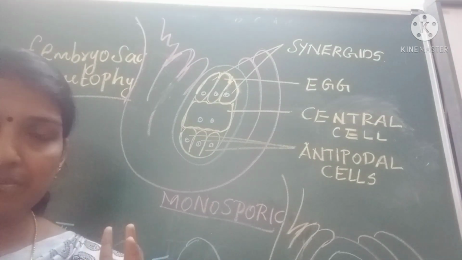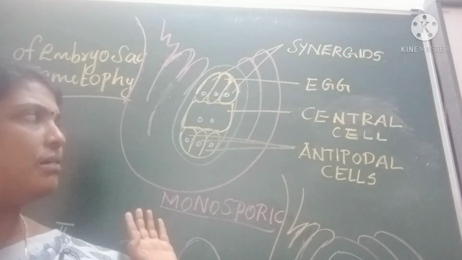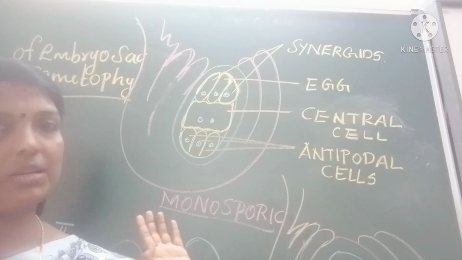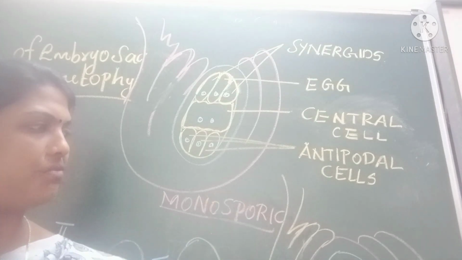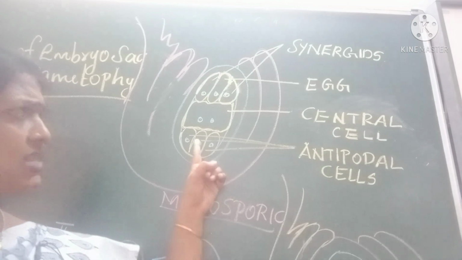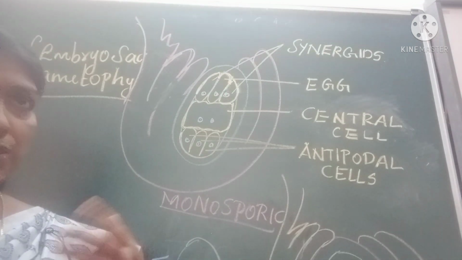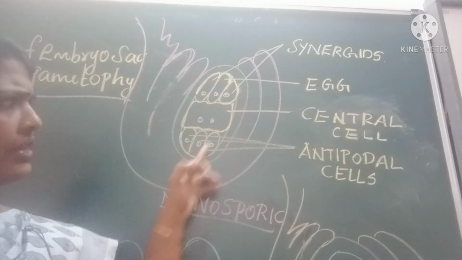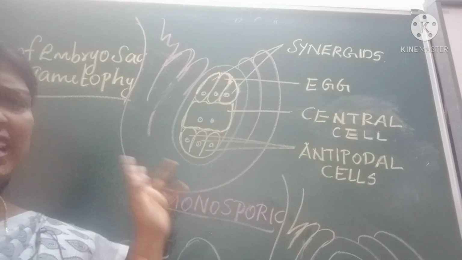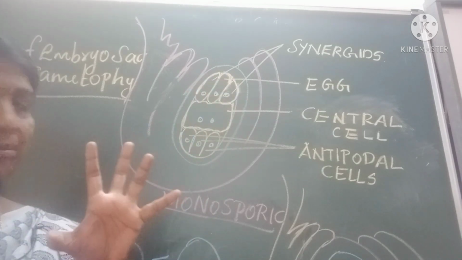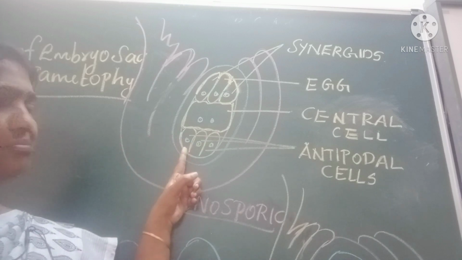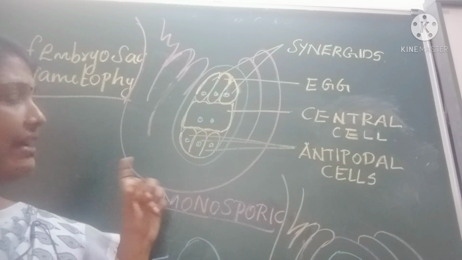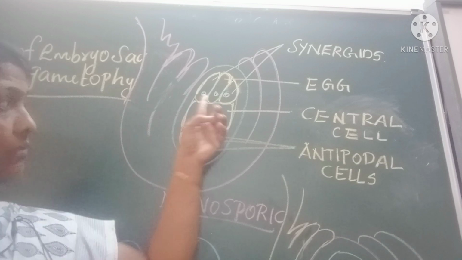So this is a very, very important question. Usually this question may be asked as a 5-mark question. Clear? So this is the formation of the embryo sac and this is the structure of the embryo sac. Suppose you are asked to explain the structure of the embryo sac, then you have to write only this 7-celled structure. The embryo sac consists of 7 cells and 8 nuclei, and the different cells in an embryo sac are: